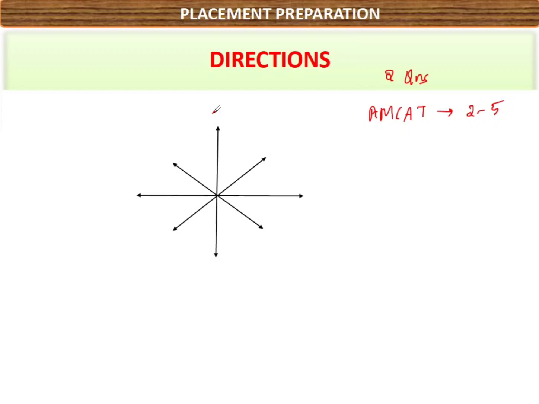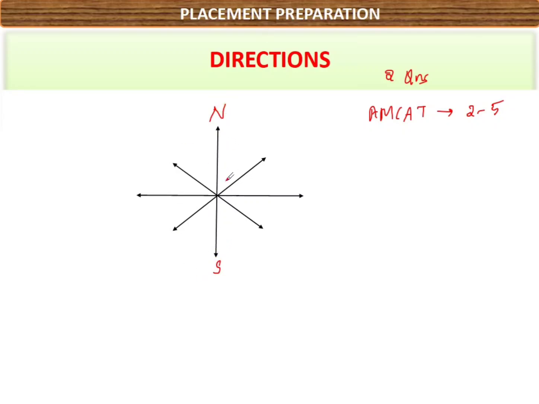So let us start. I think in your school days you have learned directions. Which are these directions? I think you have seen a map, no? India map, North India, South India, you will say that. So assume this is the map. Can you tell the direction? This is which direction? North, then south direction.